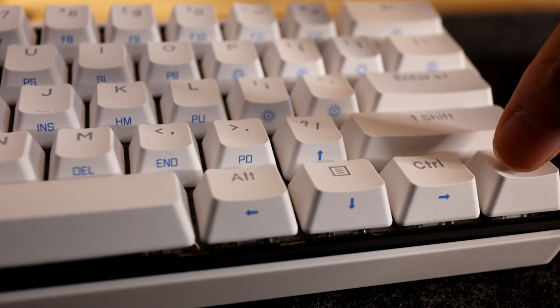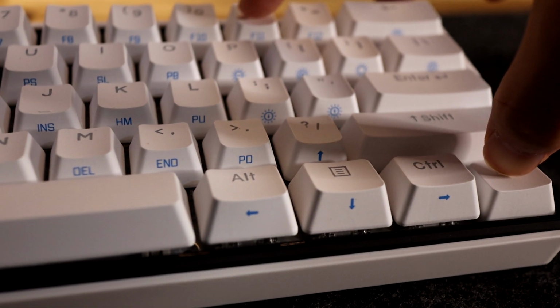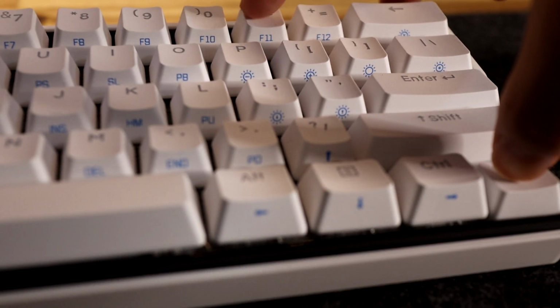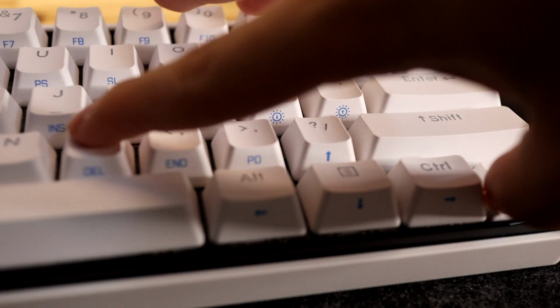This is the same for the function keys, where I need to press FN and the respective number at the same time. Most keyboards, for example the Kemove 61 featured here, have the alternate keys printed under the other keys or on the front side of the keycaps, so it's easier to figure out which one you need to press